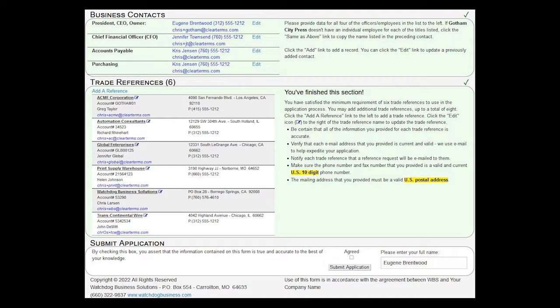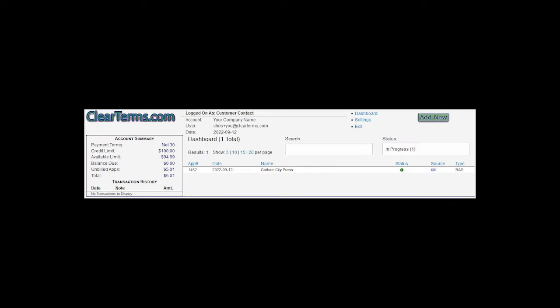Finally, your applicant will submit their application by clicking the box to indicate that the information they provided is accurate and then clicking the Submit button. Now that your applicant has completed their application form, you can view the details from your dashboard by clicking on